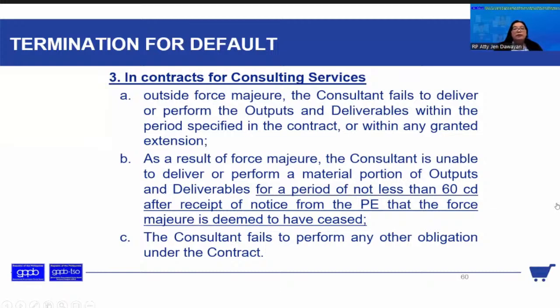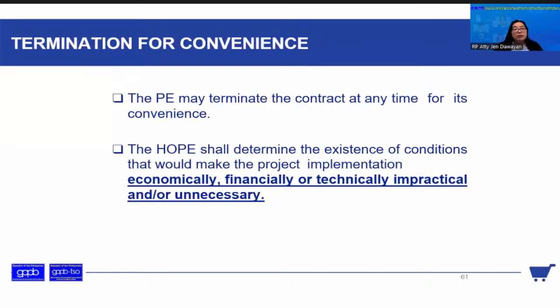The second type of termination is the termination for convenience. Like for example, the procuring entity may terminate the contract at any time at its convenience. Like for example, if it has determined that the project would no longer be economically, financially, technically feasible, and is impractical and unnecessary. So for example, no, there are certain conditions that has affected the feasibility of the project, no? Yan, pwede naman siyang